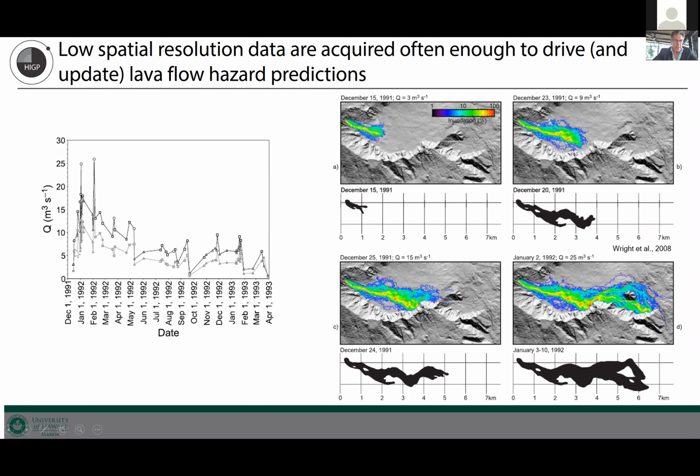Because the effusion rate changes dramatically during an eruption, this chart here is effusion rate during the Etna eruption of 91-93, computed from satellite data many, many times. So you can see it peaked at 25, with an average value of about 7, and then the eruption ended here. But during the first month of the eruption, all I did was feed each successive satellite-derived effusion rate into the model to predict the flow length. And then these are maps of the actual flow length, and you can see it did quite a good job of predicting the flow length as I varied the effusion rate based on the satellite measurement. So I drove the model using the satellite